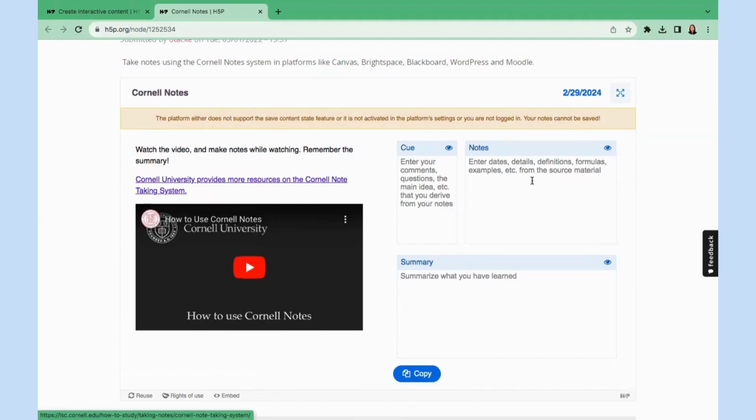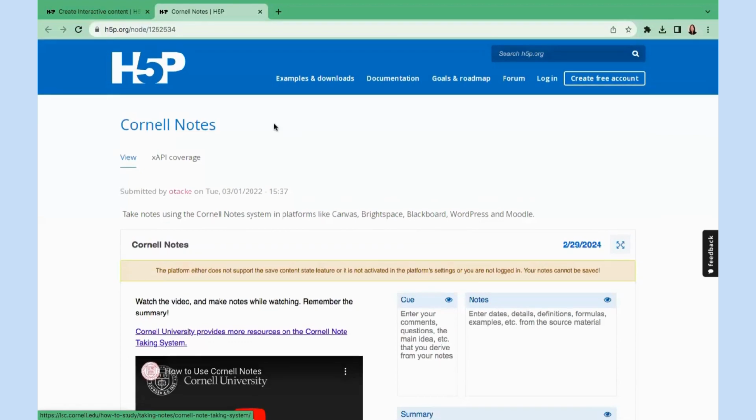The way Cornell Notes works is students take notes on the resource you've given them. They go on to the left-hand column, which is Q, meaning they put their comments, their questions, main ideas. They basically pull out the big ideas from the notes that they've created on the right-hand side. Once they're done with that, as a third reinforcer, they're going to create a summary of what they learned. Now going back,